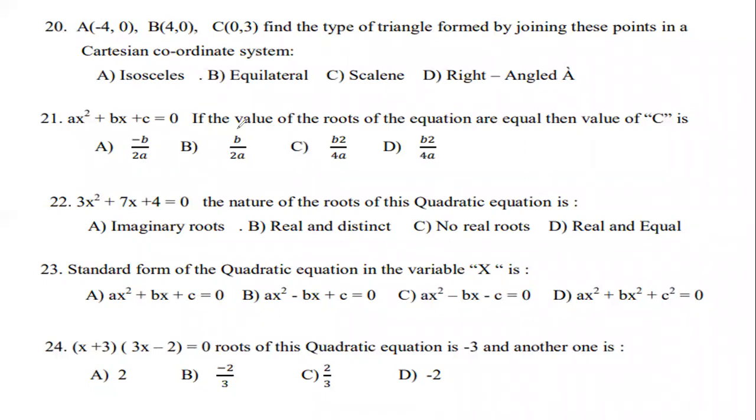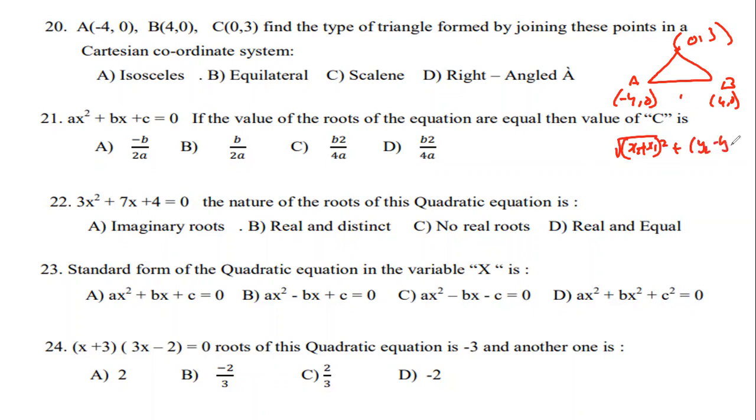Minus 4 comma 0, 4 comma 0, 0 comma 3. Find the type of triangle formed by joining these points in a Cartesian coordinate system. Here the given points: minus 4 comma 0 is A, B is 4 comma 0 and C is 0 comma 3. Find out the distance between here and here. 4 plus 4 is 8, 8 8s are 64. Distance formula, just the distance formula: square root of (x2 minus x1) whole square plus (y2 minus y1) whole square. x2 is 4